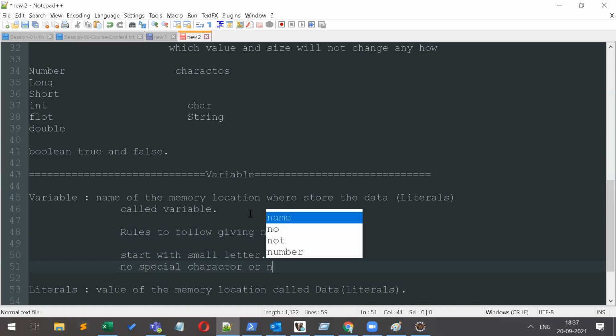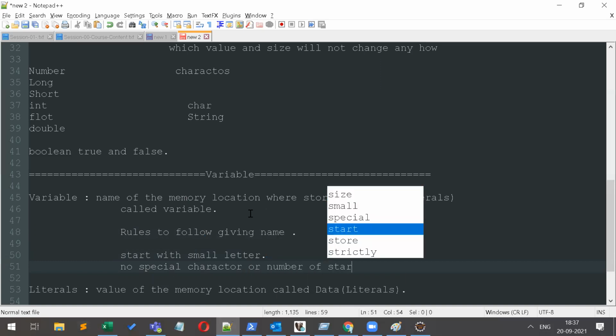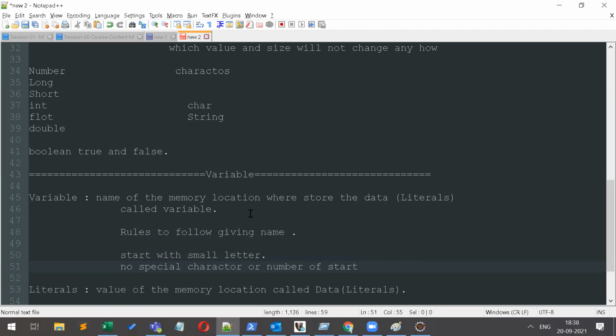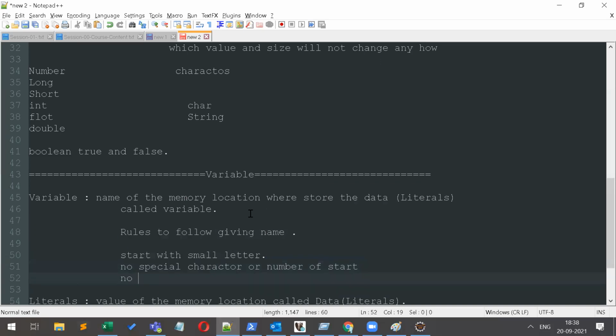Second, no special character or number at the start. Third rule is no white space allowed.